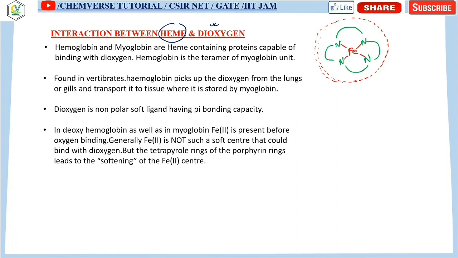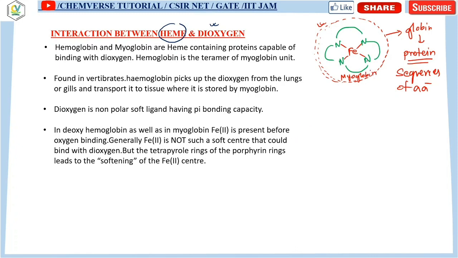I will show the brief structure later, but this is the unit of myoglobin, where a globin chain, this circle, is nothing but the globin chain. Globin chain is the protein. It's a sequence of amino acids, okay. So this overall unit actually forms the myoglobin. This is basically your myoglobin, okay.